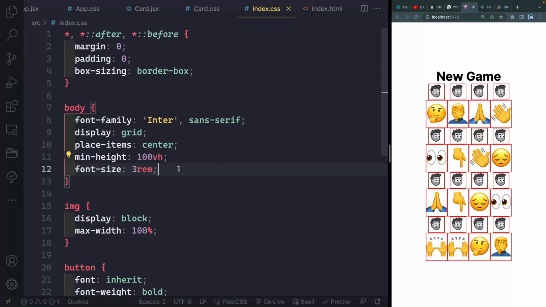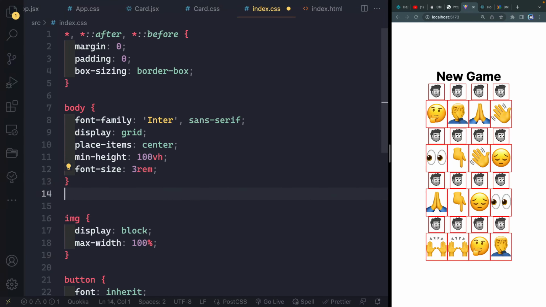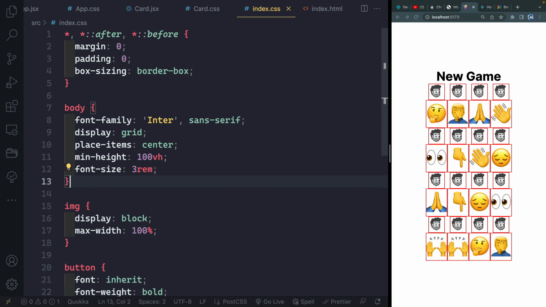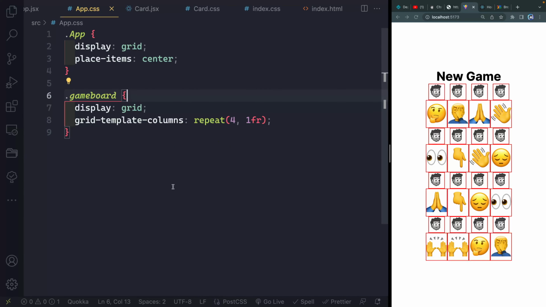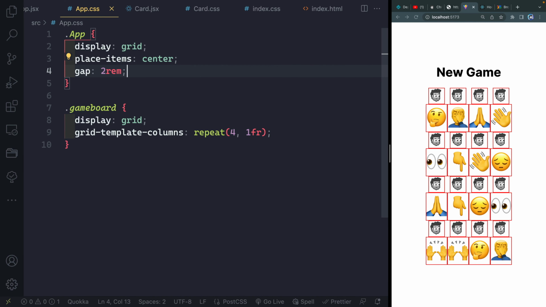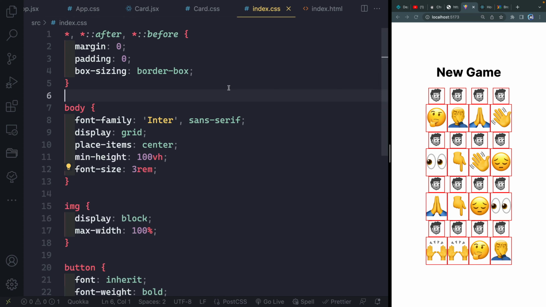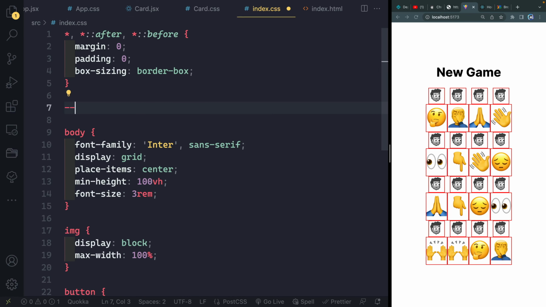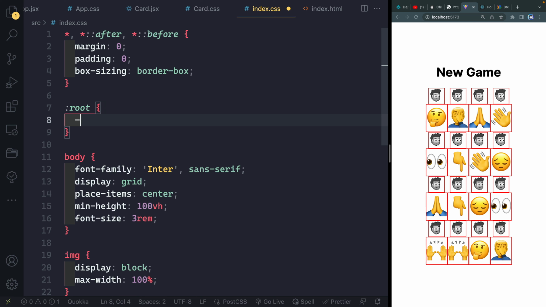Now everything inside the body. We've also got our app, which having 3 little CSS things in here makes no sense, but I'll do a gap 2 rem because it's such a small thing. I think that should work. This game board, I guess let's have, these are all global styles anyhow because they're all just in standard CSS files, but let me grab the root and we'll grab some colors here. So we'll do like an accent, and